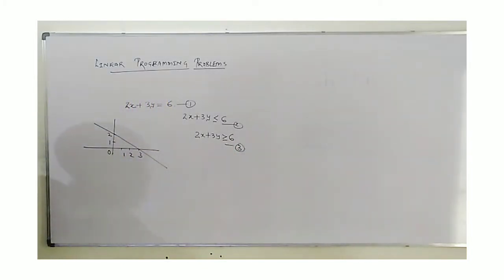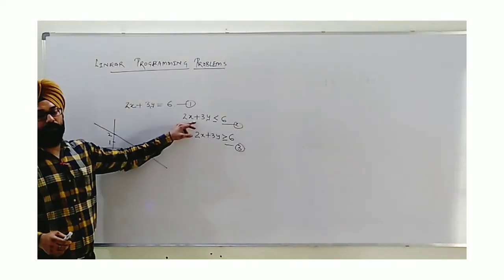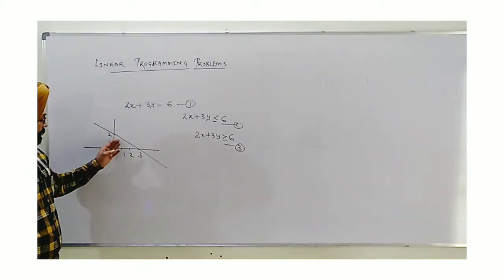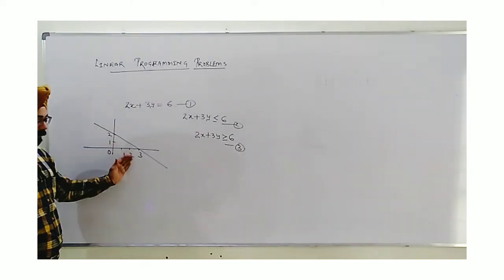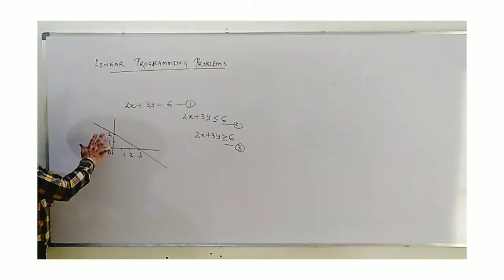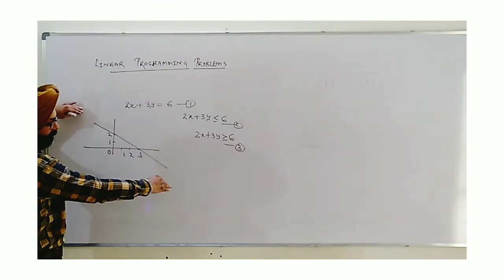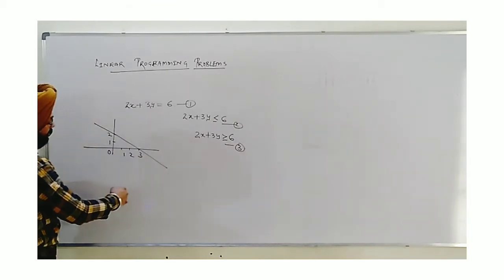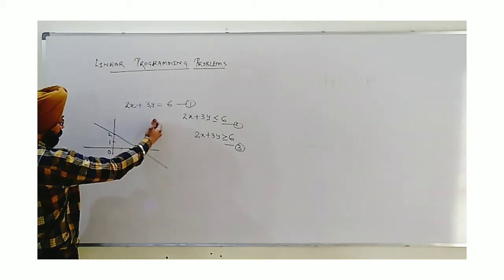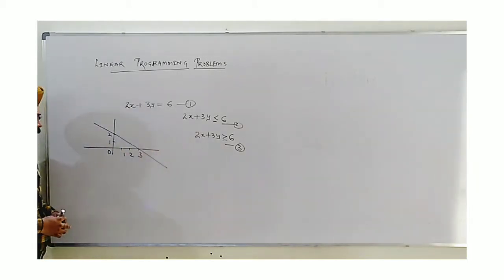Now what does it mean? If I want to plot these inequations on graph paper, we consider that the line is dividing the plane into 2 parts. This line can actually be expanded infinitely. Here is the first part, and this side will be the second part, the opposite. So on the basis of the line, there are 2 parts of the plane. We consider a point from any of the parts to check.